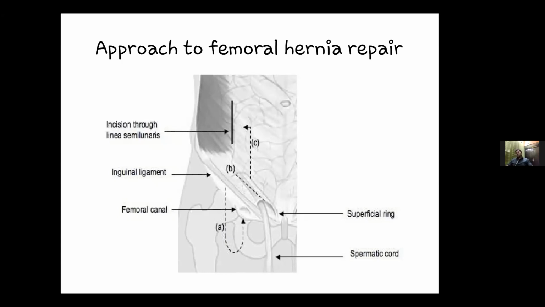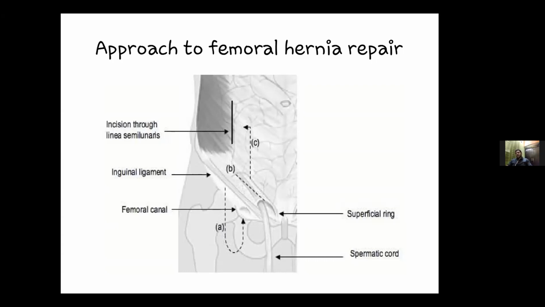This kind of low approach, the Lockwood surgery, is usually done if the surgeon does not suspect the need of bowel resection. The next approach is the inguinal approach, which is called the Lothian approach. It is usually done when the surgeon wants to treat not only the femoral hernia, but also if we suspect the chance of an inguinal hernia in the same patient. In this approach, the incision is similar to the Bassini's approach.